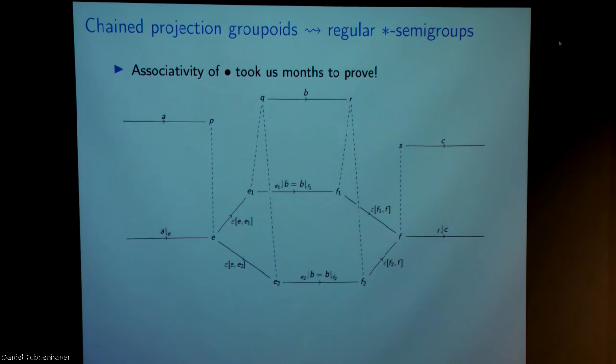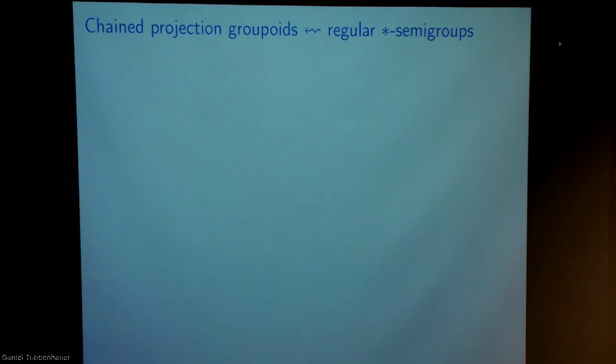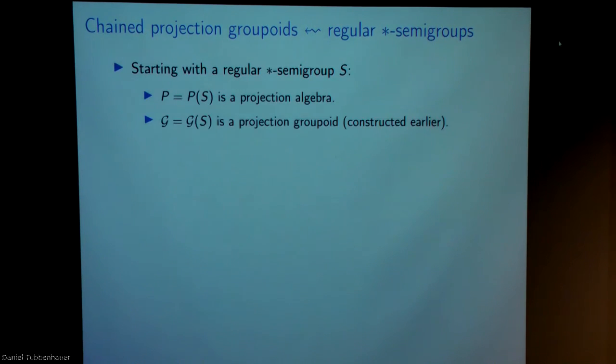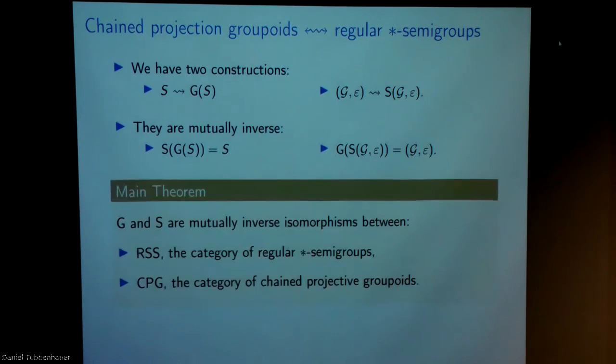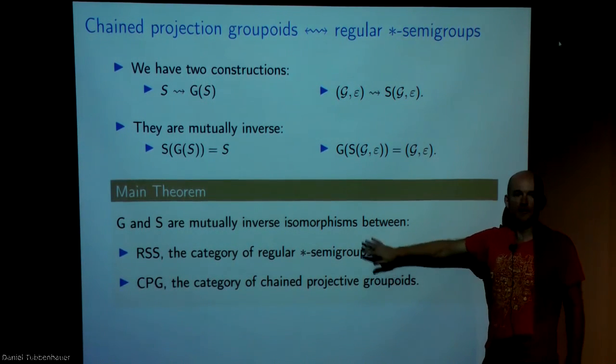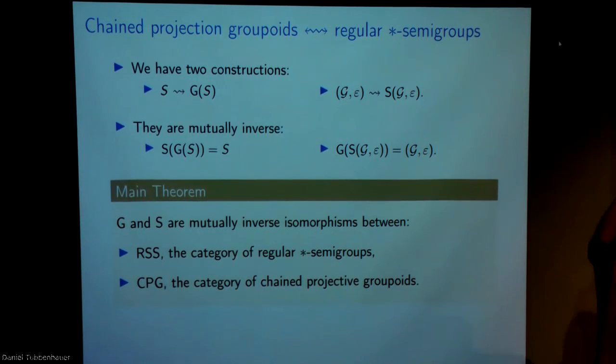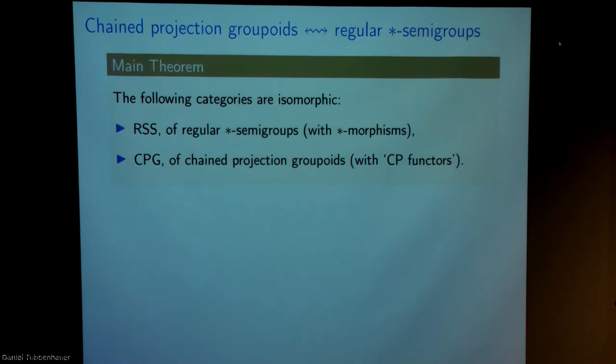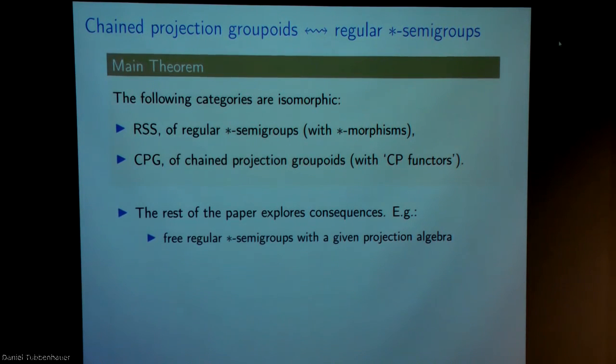We spent a long time to prove this is associative. You would think semigroup theorists would just do that very quickly, but we didn't. And then you can go backwards and you end up with this here, which is that the category of regular star semigroups is isomorphic to the category of these groupoids that we axiomatized. So that's nice. It lets you think of semigroups as groupoids,